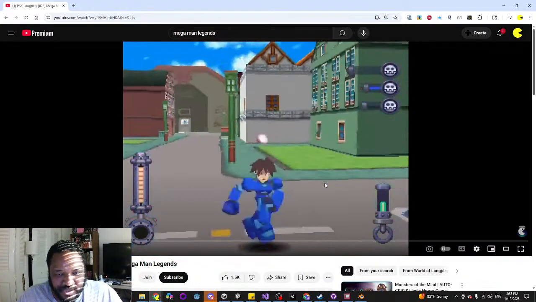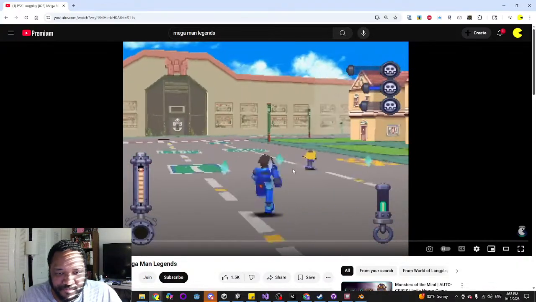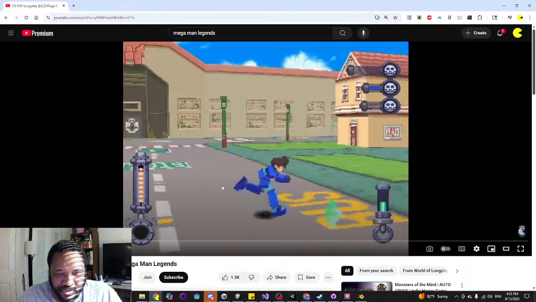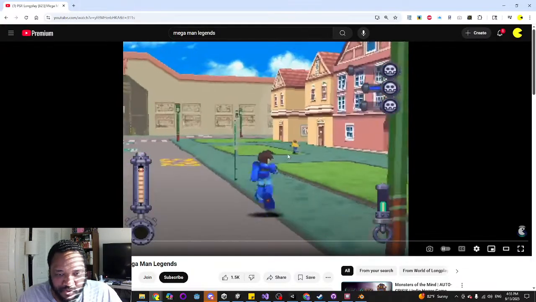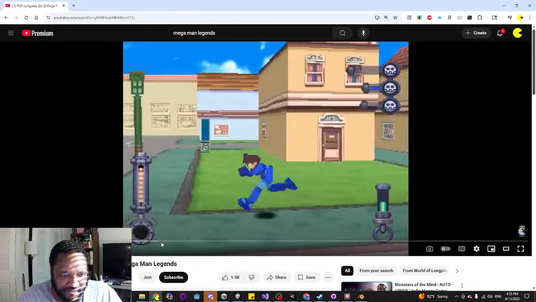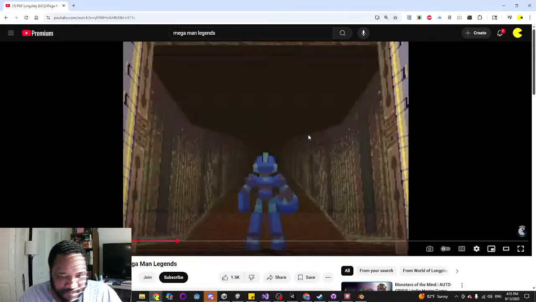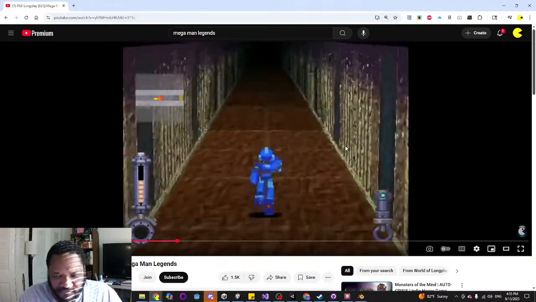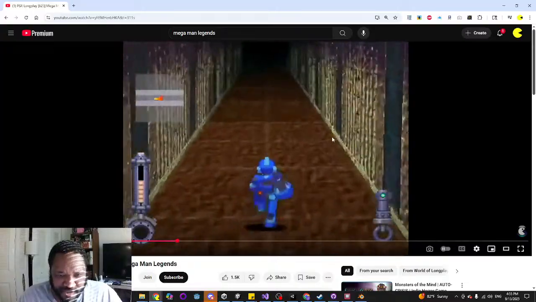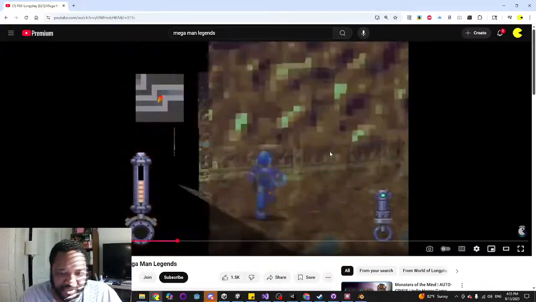I really want to capture the interconnected world of Mega Man Legends. So there's going to be an overmap, with towns and cities and everything. But then you also have dungeons. And one of the coolest things about Mega Man Legends is that all of the dungeons are interconnected.